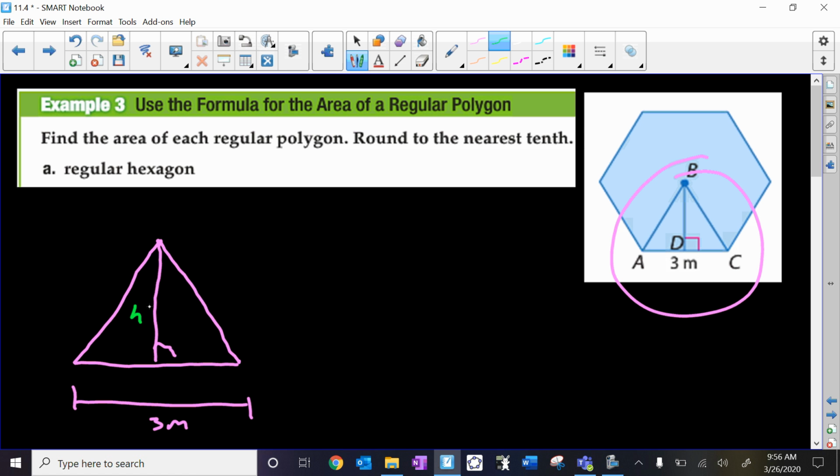And one way that we can do this is by using trigonometry. But in order to do this, I'm going to need to use the right triangle. So in this case, I don't want all of 3 meters. I just want 1.5 meters. And I also want to find a central angle measure, which we did way back in example 1. I remember to find a central angle measure, we take 360 degrees divided by the number of triangles or number of sides, which in this case is 6 again. So 360 divided by 6 gets me